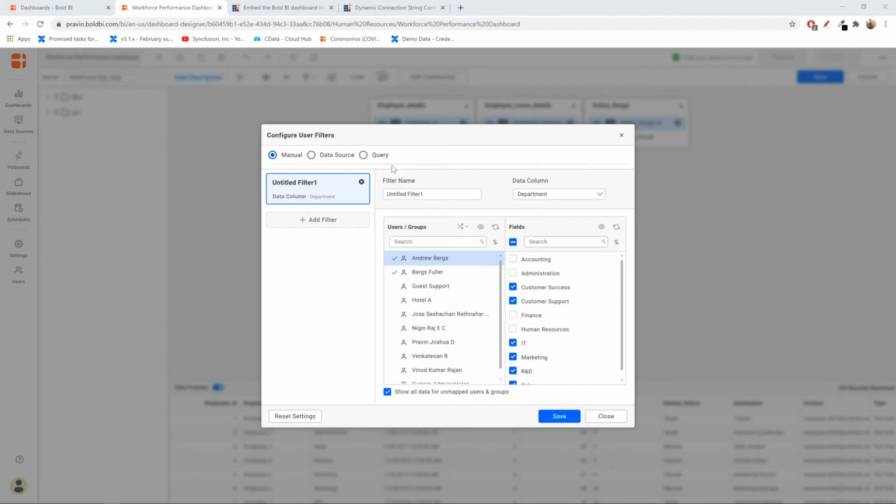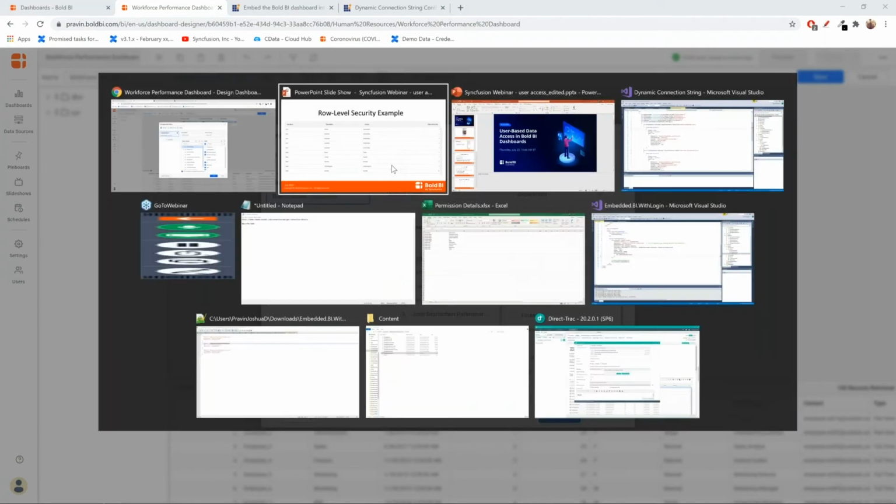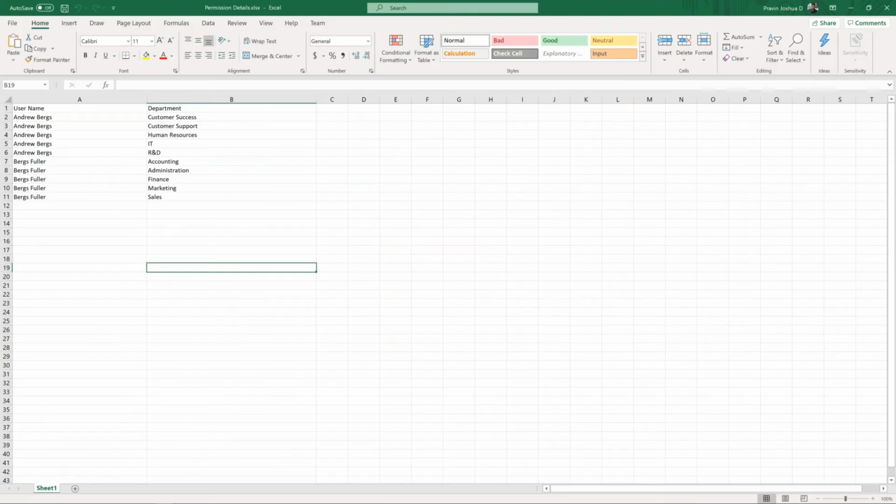So I have a simple Excel file that I will show you now, which is just a permission table. Over the left side, I have the usernames, Andrew and Bugs, whom we configured before. And over the right side, I have the schema or permission details for them, like whatever departments they have access to. So all those details are available here.